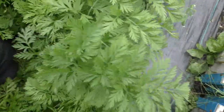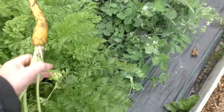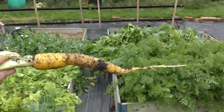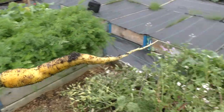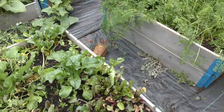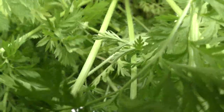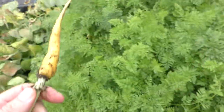Now if I get some of these out, oh wow, there you are. That's a yellow carrot. I had a packet of those as well, so that's come up nicely. Let's just put that there for a minute. Let's see if I find, look at all the foliage, it's lovely. Like I said, it's very carroty. Another yellow one,